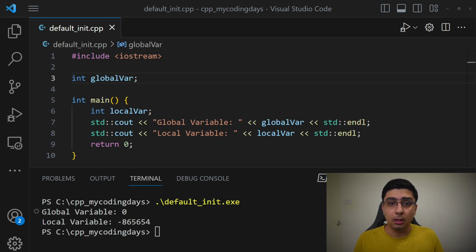In this example, we have two variables, global variable and local variable. Both variables are declared without explicit initializers, which means they undergo default initialization. The default value assigned to these variables depends on their type and location. For global variables like global var, the default initialization sets the variable to 0 if it is of a numeric type. The global variables are stored in the static storage area and are automatically initialized to 0 by the C++